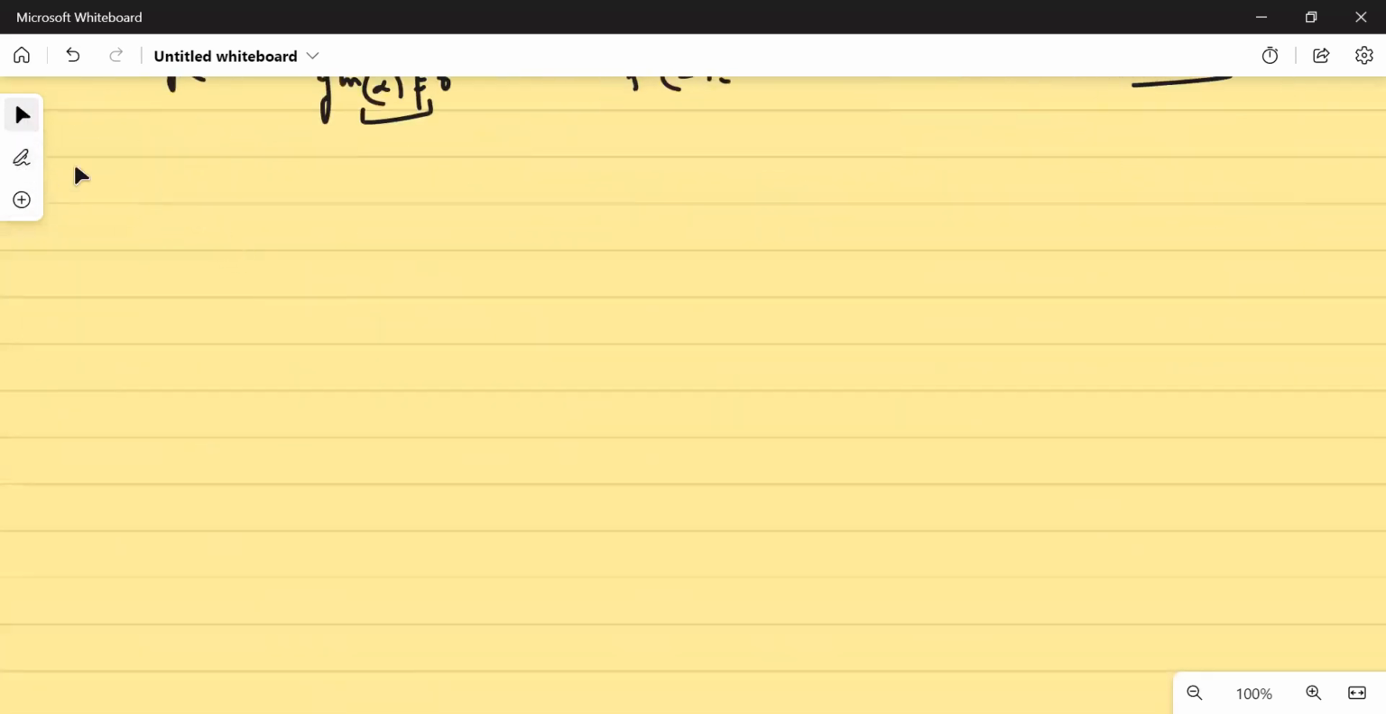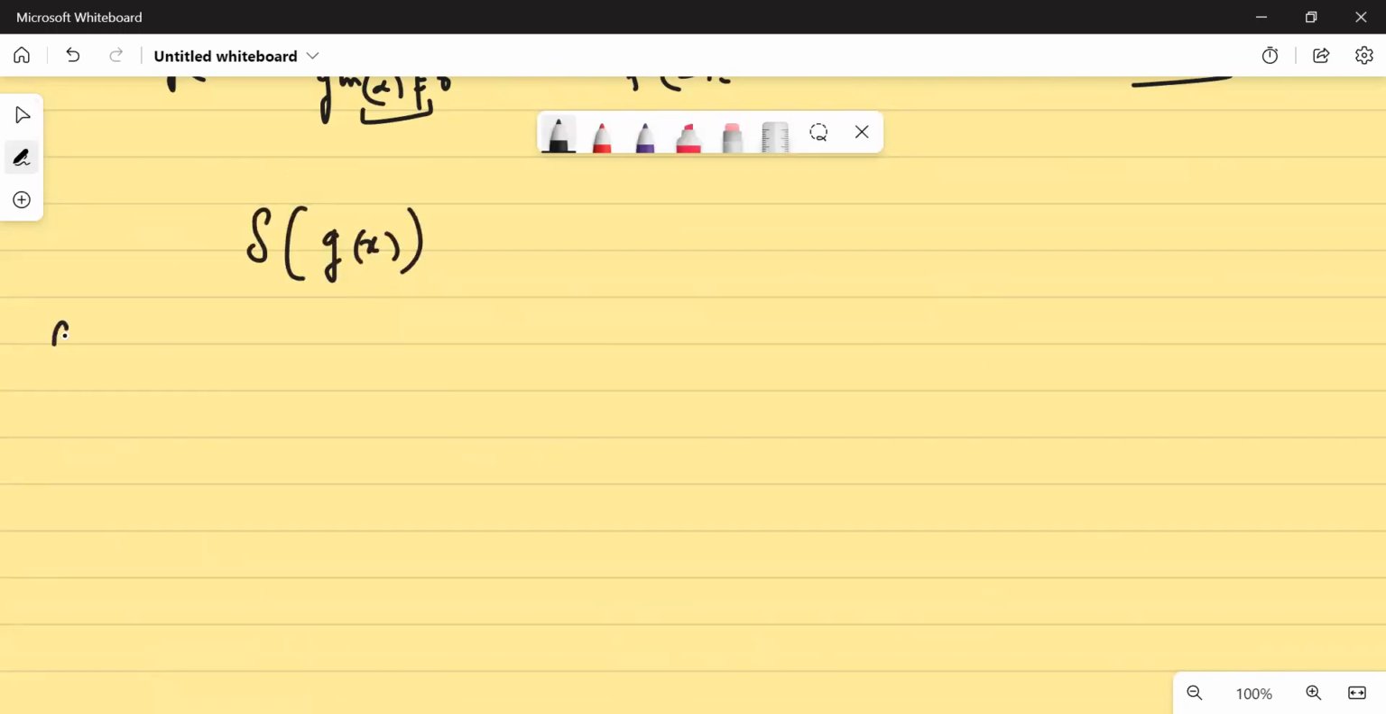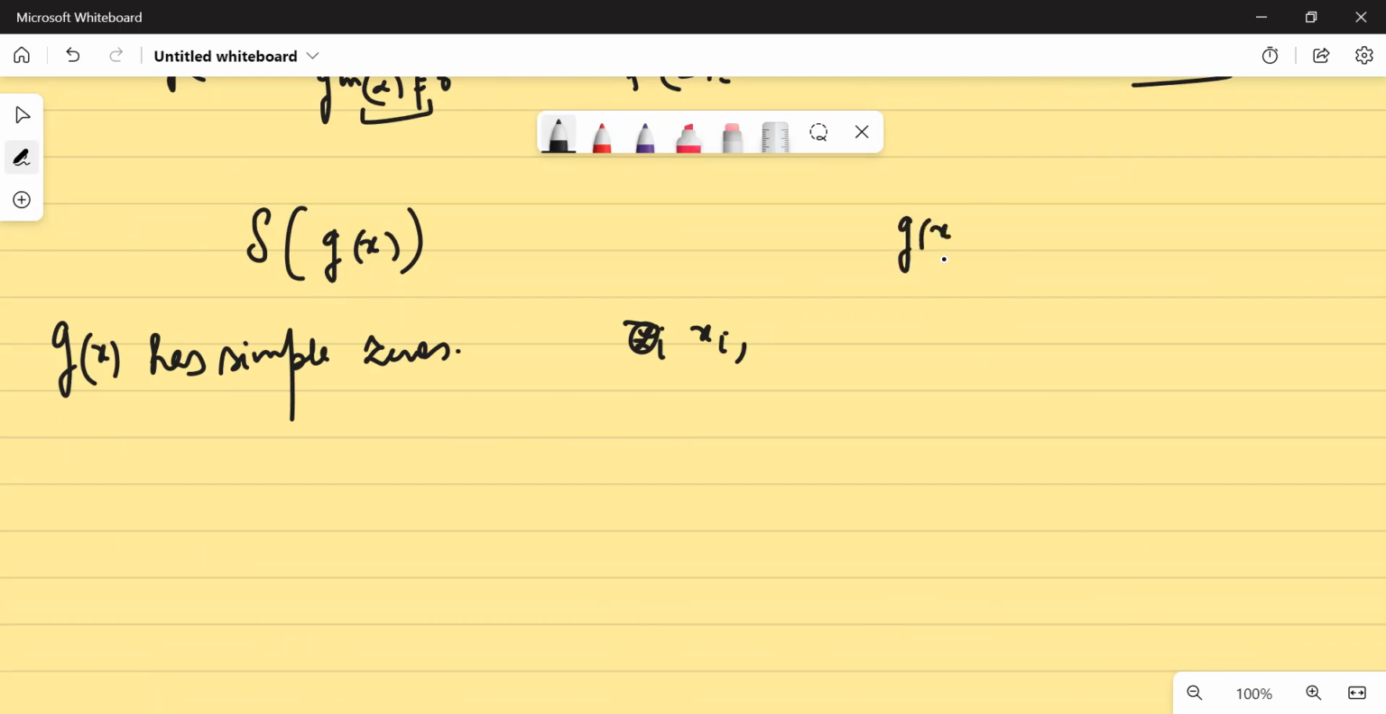Again, I'm coming back to the point. If I have to write what is Dirac of g(x), provided g(x) has simple zeros, and let's say those zeros are given by xi's, then what to do? What I would do is simply take a Taylor series expansion of g(x) around xi. So it will be g(xi) plus (x minus xi) and then I have g dash xi